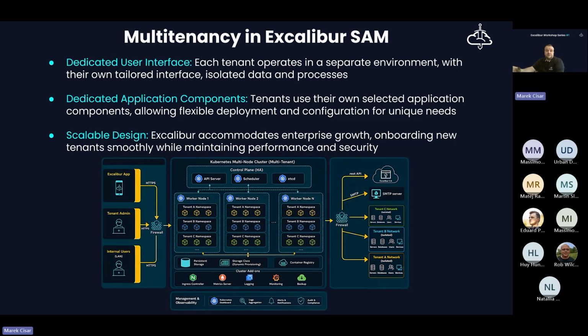And also, this is possible without compromising any security. So yeah, these three cornerstones make Excalibur a flexible, secure, and future-ready solution for managing access in complex organizations.